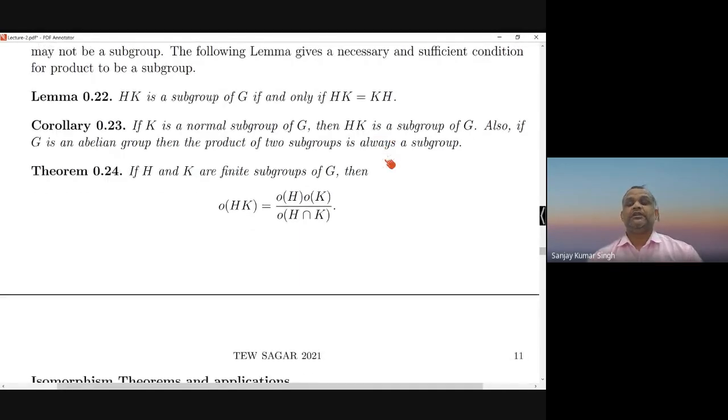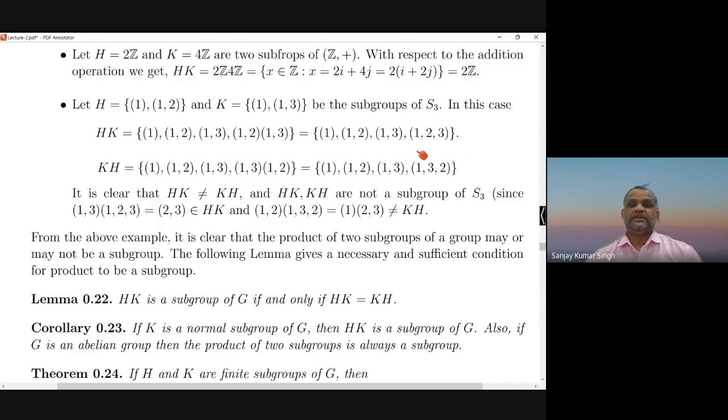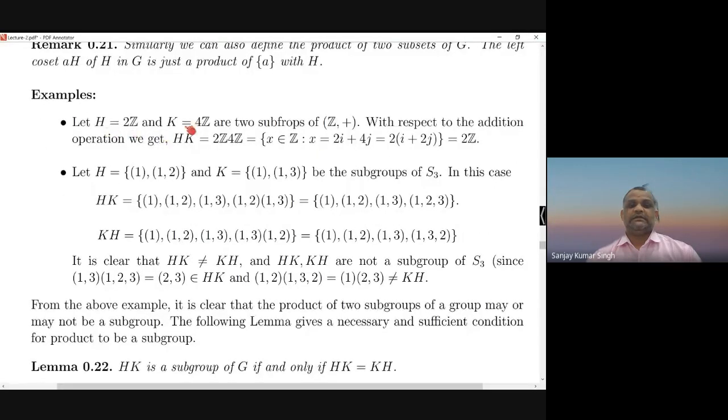And in general, we have seen that in the case of an abelian group, all subgroups are normal, so the situation is much better, and the product is always a subgroup. We have seen this in the example, because Z was abelian, so this product was very nice and it came out like this.